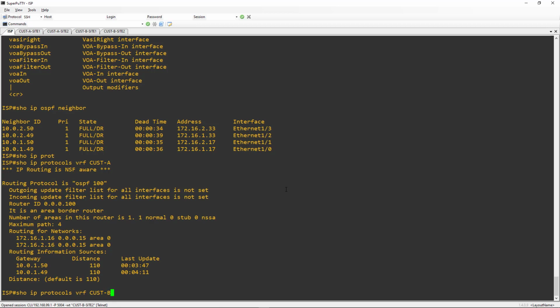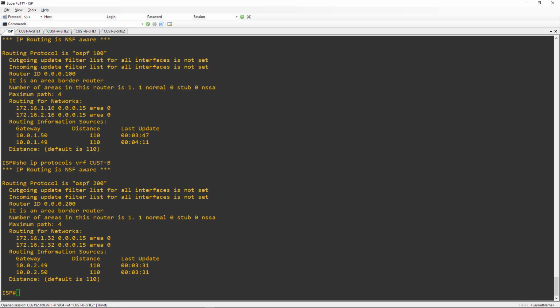I could do the same thing for customer B. We can see the router ID of 200 in this case, and so on. Now, the router IDs themselves do not have to be unique across VRFs because, again, we're not really exchanging anything across the VRF. But in general, it's best practice to always make sure that your router IDs are unique across any multiple process configuration with EIGRP. You just don't want to take the chance that you're going to have some sort of instability in the OSPF